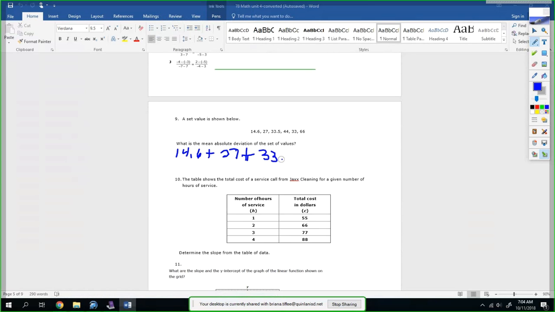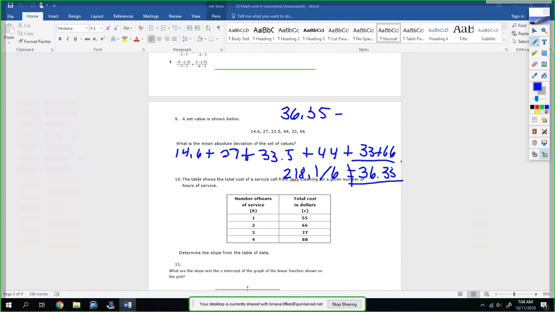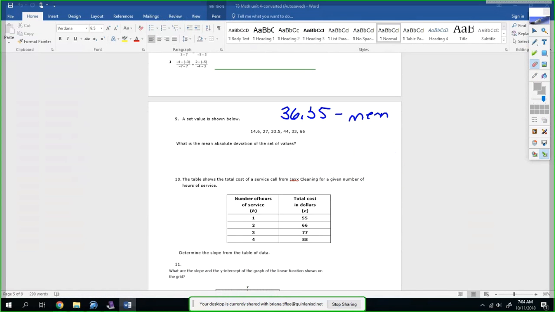plus 33.5 plus 44 plus 33 plus 66. When you add it all up, you get 218.1 divided by 6 equals 36.35. So that's your mean. This is not your answer. Okay, so I'm going to write 36.35 mean. So now what you have to do is find the difference from your data of the